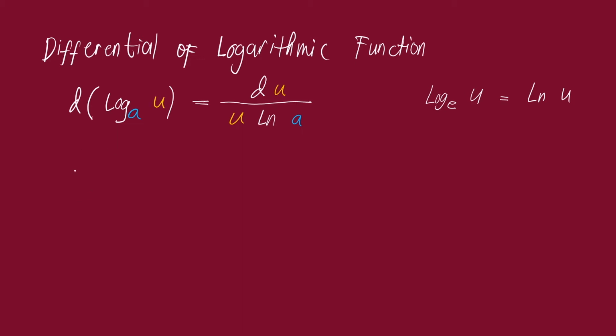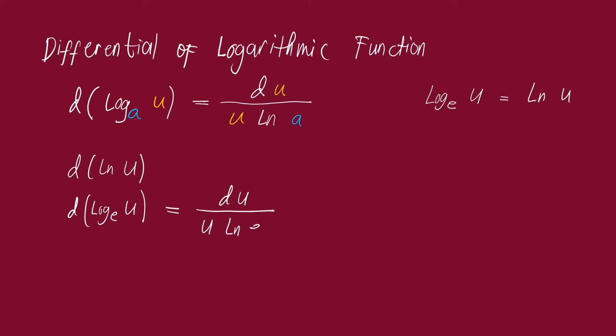Say, for example, if you have here the differential of ln u, diba? Take note that when we say ln, the natural logarithm of u, this is actually equal to the logarithm of u to the base e. Okay, so these two are actually equal. So if we apply this formula, this would be the differential of u all over u times the